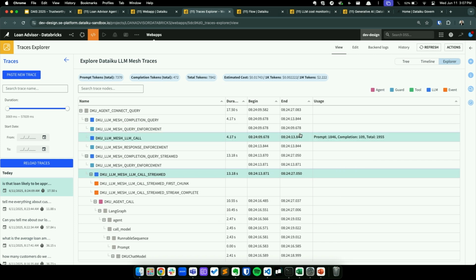It will also show you the number of tokens that were sent and received, and actually the estimated cost. We'll come back to cost a little bit more in a moment. But now you're able to understand for each of these queries how much it is costing us in the back end on a per token basis.